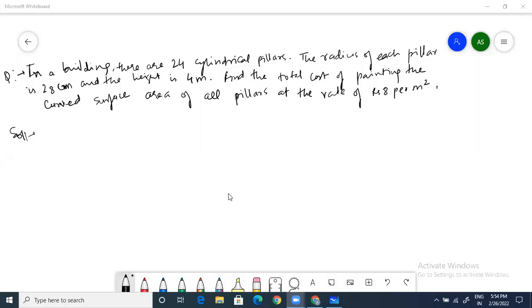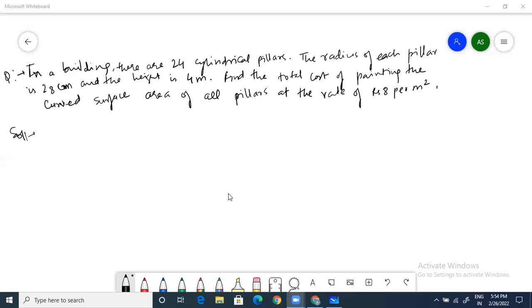Right. This is the question we have to do. In a building, there are 24 cylindrical pillars. The radius of each pillar is 28 centimeter and the height is 4 meter. So just see the difference between the units. The radius is talked about in centimeters and height is talked about in meters. So we just need to ensure that we are on the same track in terms of converting the units later on. Find the total cost of painting the curved surface area of all pillars at the rate of rupees